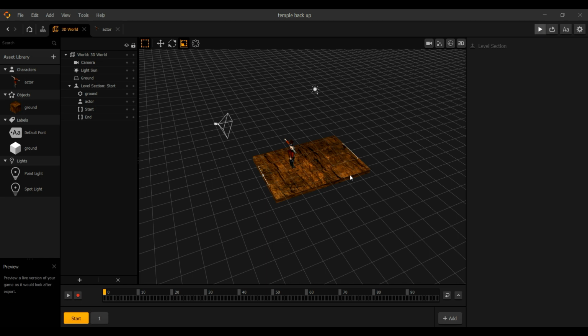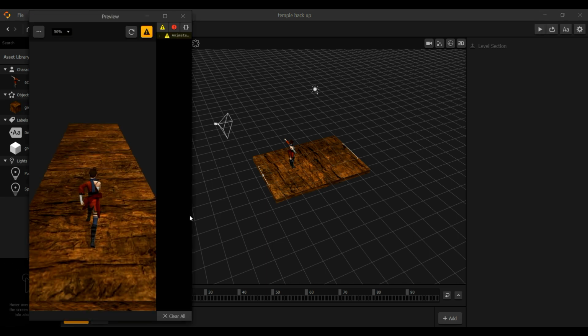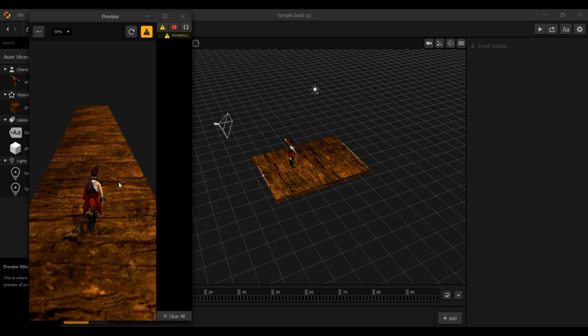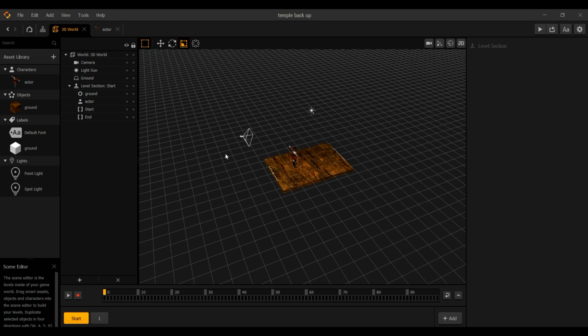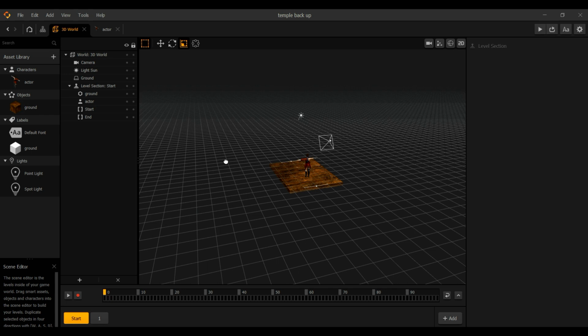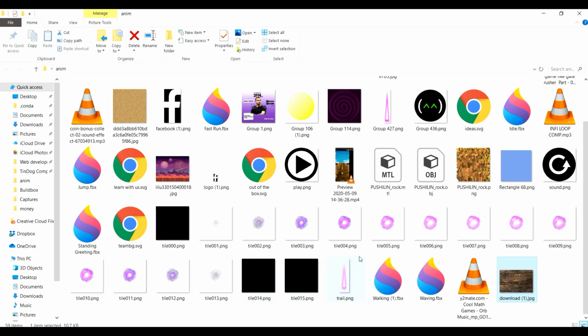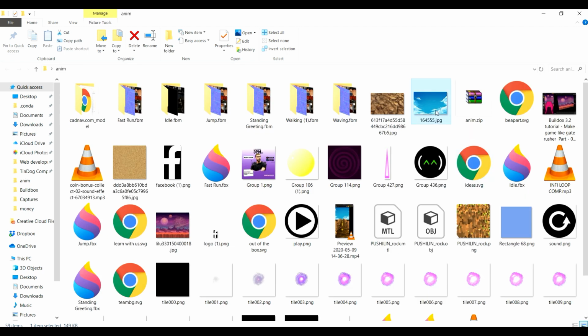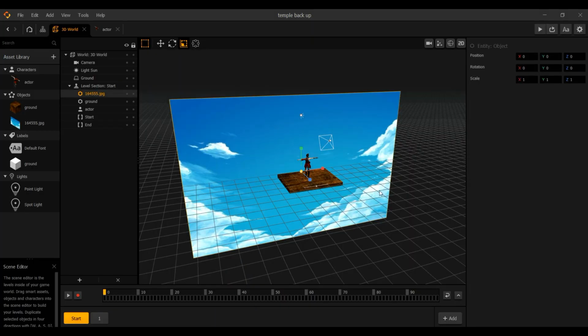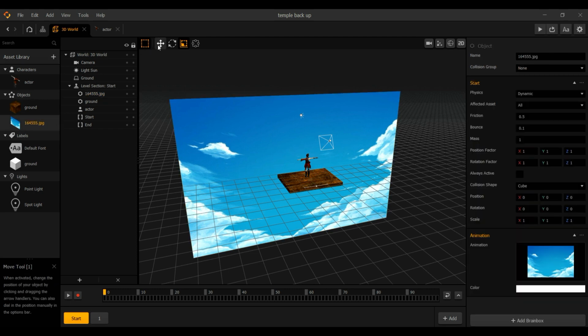Now when you play this again, you can see this looks fine. Now what we are going to do is add sky. For that, I have downloaded a sky image. I will be sharing this file with you guys. I will just drag and drop it here as an object, and now just select this, choose the move tool,